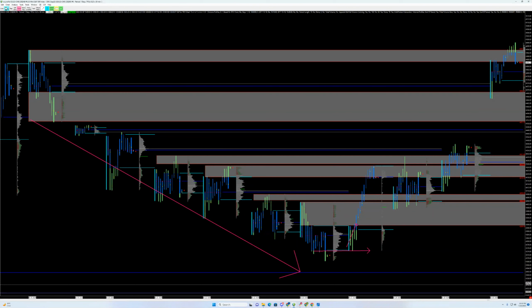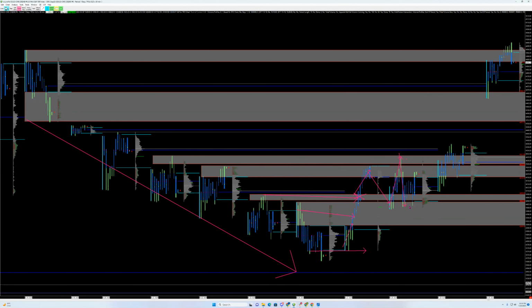I prefer the longs over the shorts. Everyone knows that. We push all the way through unfair pricing. We get to this area of unfair pricing, and you can see there's some negotiation because the two bars start crisscrossing over each other. The sellers cannot take control, and we push up to the next level of unfair pricing where we finally find sellers, and they push back down, find responsive buyers, and push into the next area of unfair pricing where we get rejection back down, right?